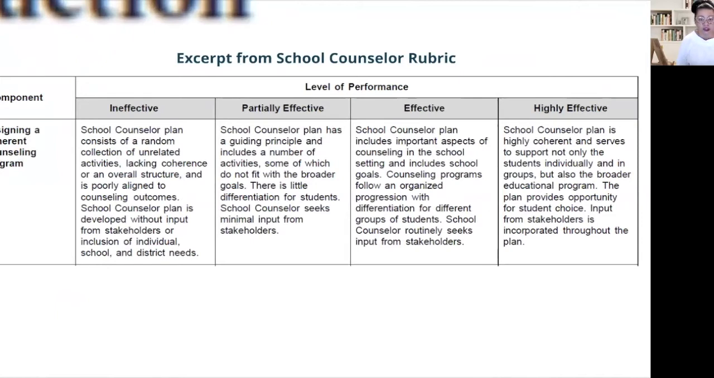Now, I'm going to back up a second to say this is an excerpt from a school counselor rubric. If you recall, at the beginning of this tutorial, we said that there are rubrics specific to different specialists. So this is an example specifically for school counselors. And so when we're thinking about effective school counseling practices around designing a coherent counseling program, here we find language or expectations for the school counselors. A school counselor plan includes important aspects of counseling in the school setting and includes school goals. Counseling programs follow an organized progression with differentiation for different groups of students, and the school counselor routinely seeks input from